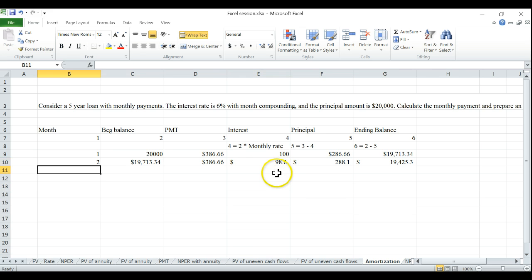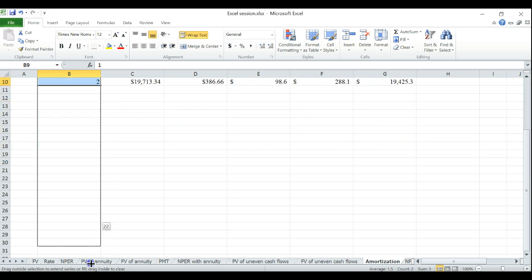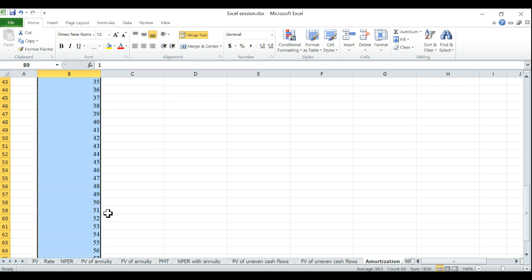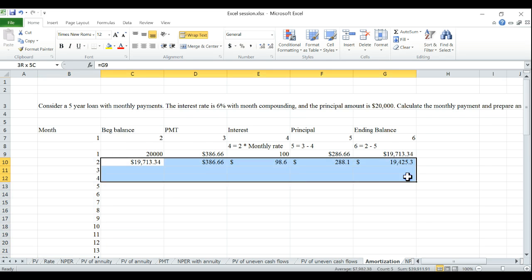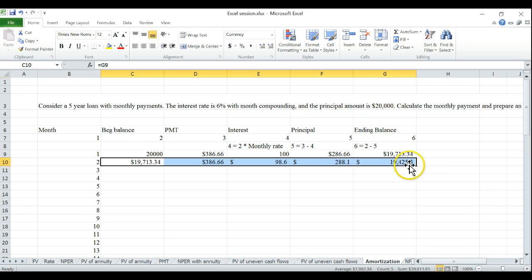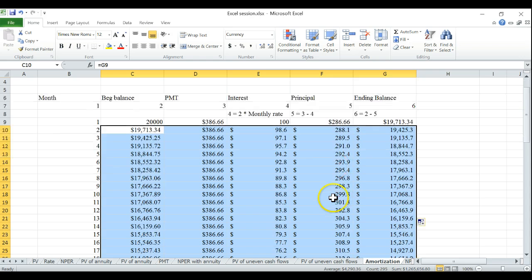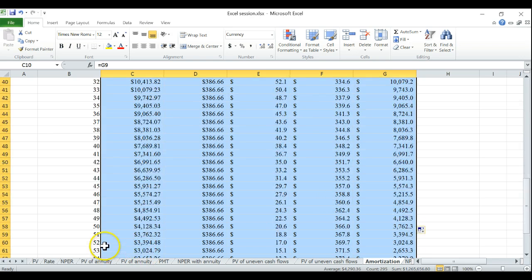Now that we have done everything, we can just drag it down, and since we already told Excel 1, 2, it knows to follow the pattern, and we need 60 months. So I just clicked on it and then dragged it down all the way up to 60, because we have 60 installments. Then if I select the first and second row, come to this corner, bring my cursor over to the corner, and the big white plus becomes a small white plus. I don't know how well you can see that in the video, but if you're right at that corner and just double click, it will autofill the remaining columns all the way till the end.